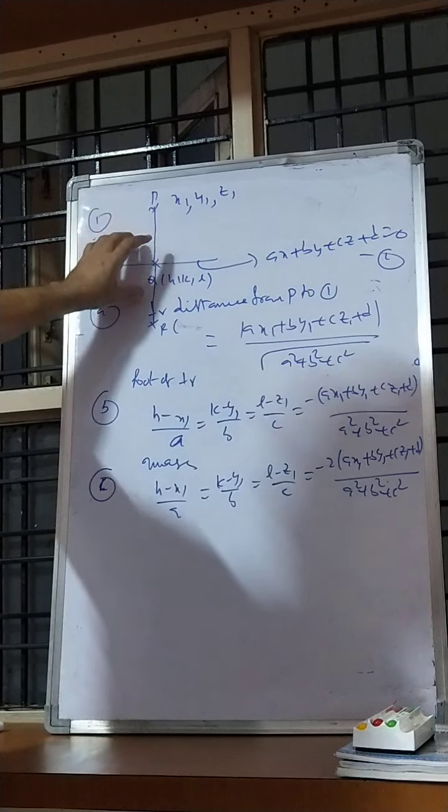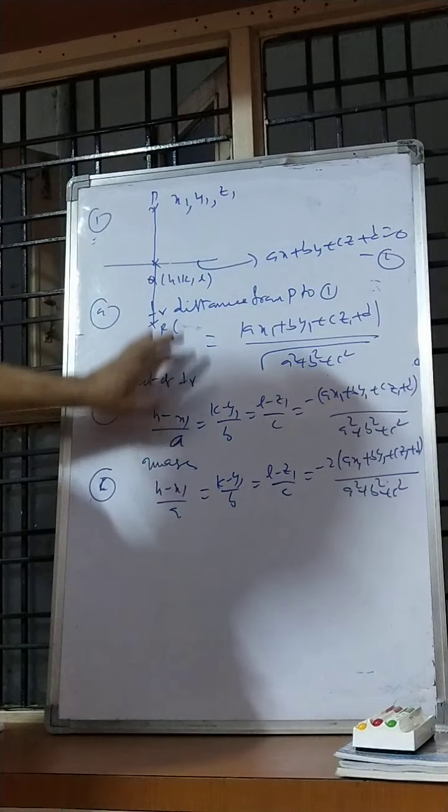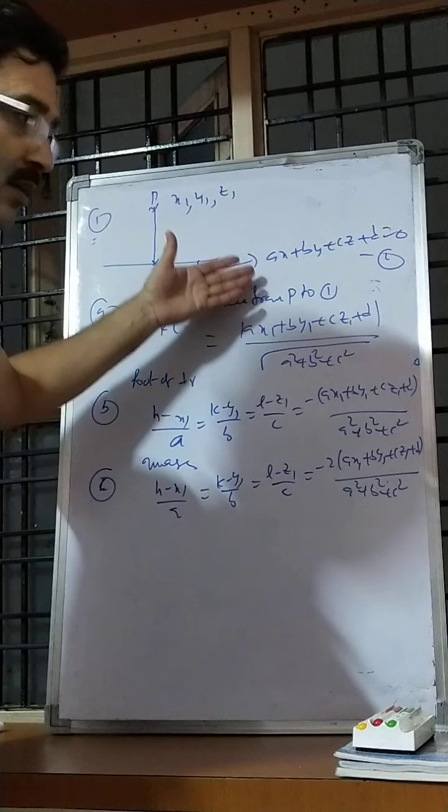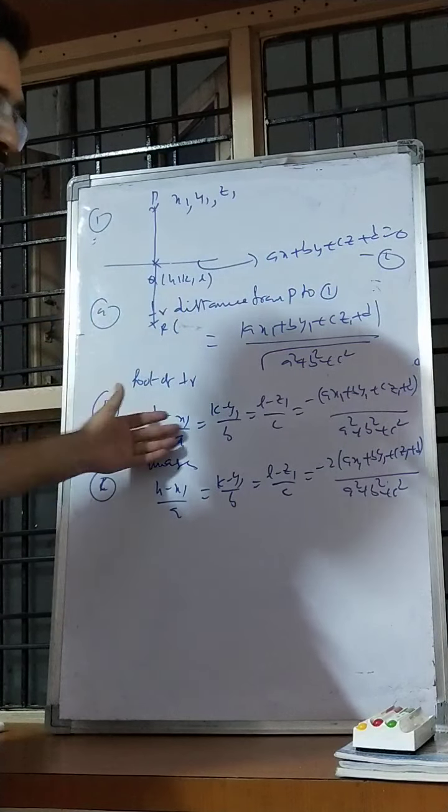So when one point and one plane are given, he can ask any one of the questions: either the perpendicular distance, or the foot of perpendicular, or it may be the image. We can do like this, by using these formulas. Now